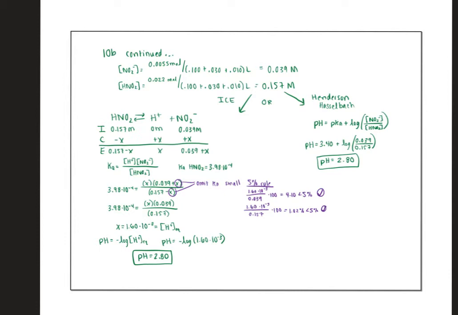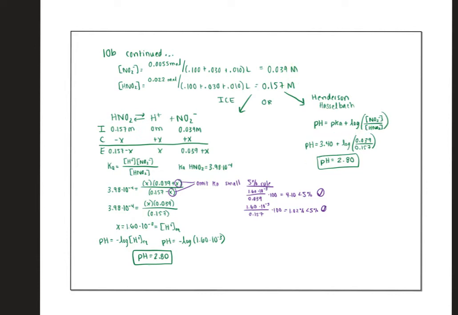You can either do an ICE table with a common ion, so these molarities become our starting values. And we know the Ka of HNO2, so we can solve for X, omit, do the 5% rule, and solve for X, which would be H plus at equilibrium, and then take the negative log of X, which is the negative log of H plus at equilibrium to get our pH, or we can take those concentrations and plug them